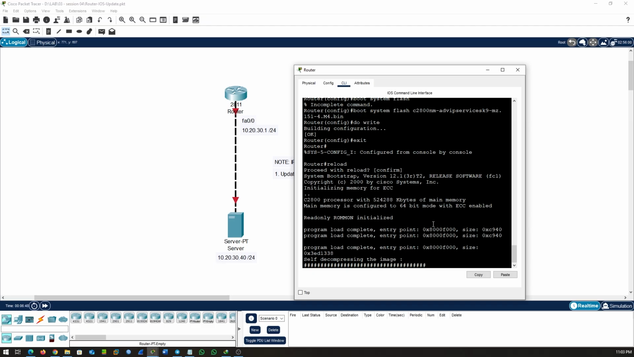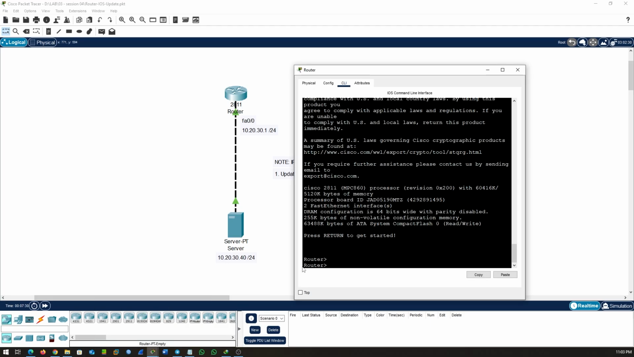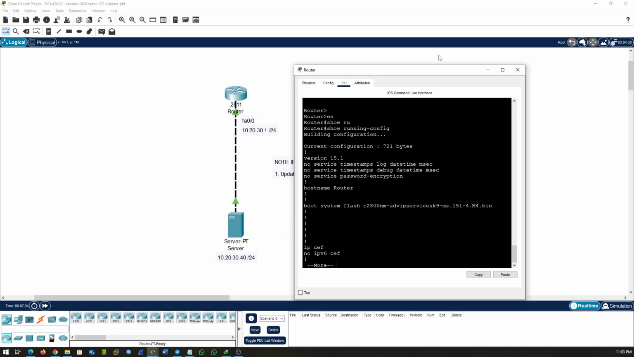Now I check that the new iOS update is finished and show it to you. Enable, show running config. This is